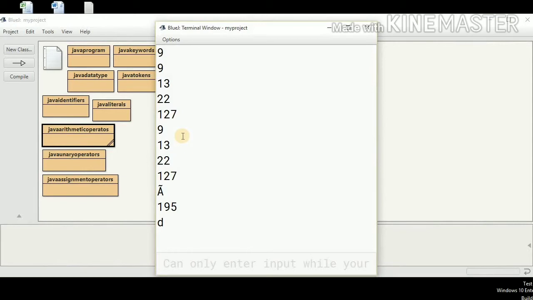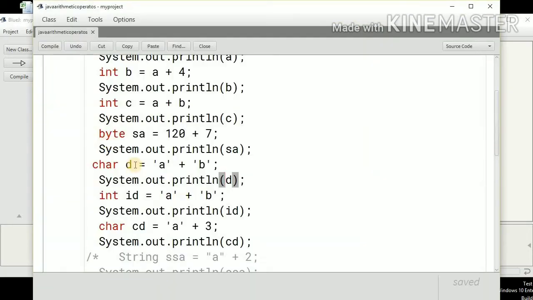Right, so you can see the resultant is a new letter, something different, some ASCII character. So why is this happening? Let me clarify why this is happening. This is happening because in the case of characters, each will be replaced by its ASCII value. So small a, the ASCII value is 97, and small b, the ASCII value is 98. So the ASCII values will be added, 97 plus 98, right? And the resultant value will be stored into D, and the ASCII equivalent character will be printed.